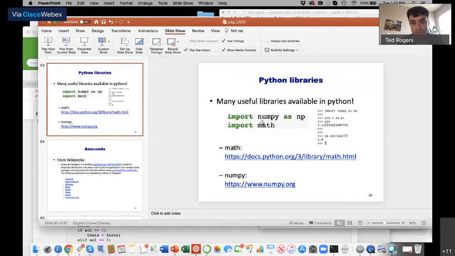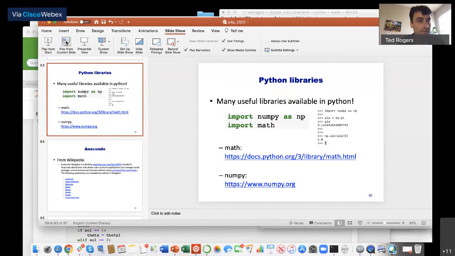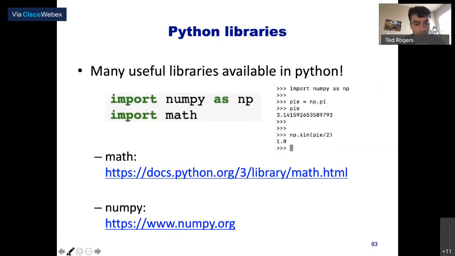The most common one is, say, NumPy, and let me start the slides again. You see lines like this. Import says you import a library called NumPy, and then we say as np.